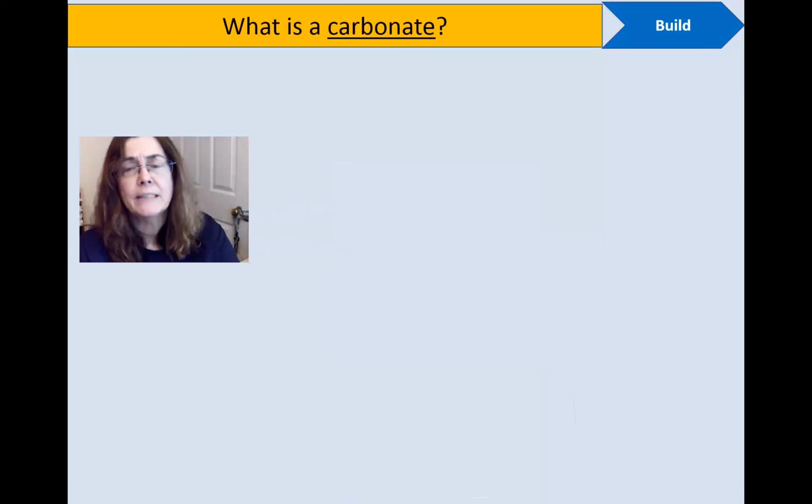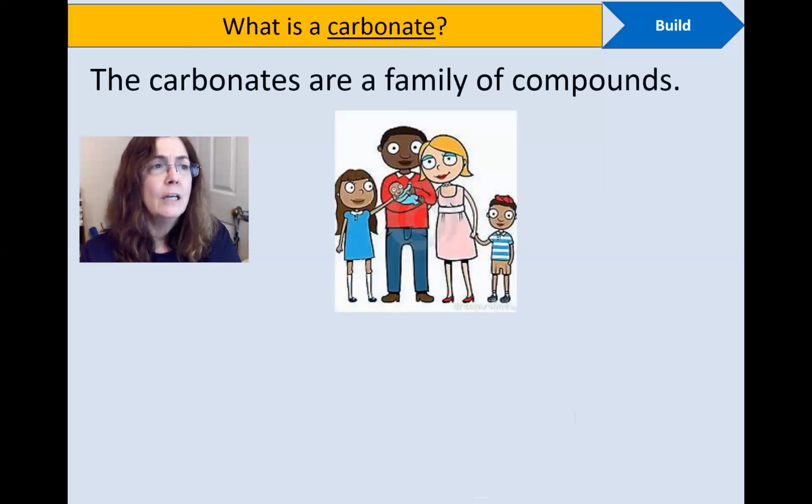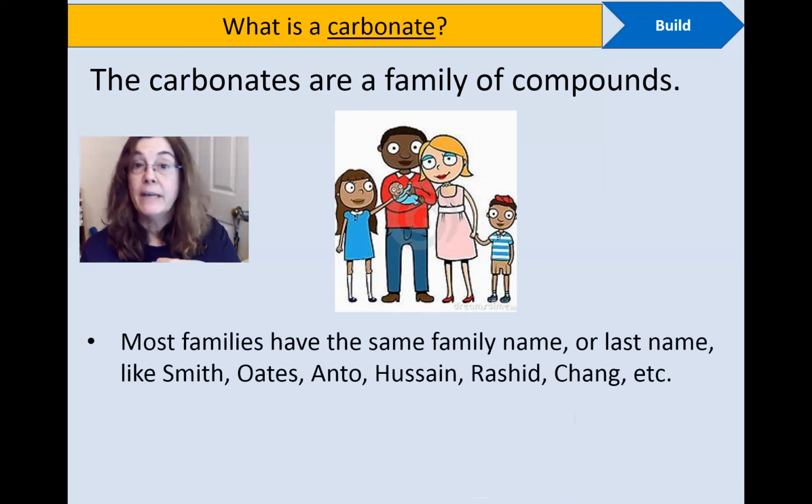Okay, so what is a carbonate? I keep talking about carbonates, and I want to make it fairly clear what they are. So they're like a family of compounds, the carbonate compounds, and just like any family, they have a family name or surname or last name. So like Smith, or in my case Oates, or Anto, like Mr. Anto, Hussein, or Rashid, or Chang, or whatever your family name is. That is the family of compounds. It has the family name,